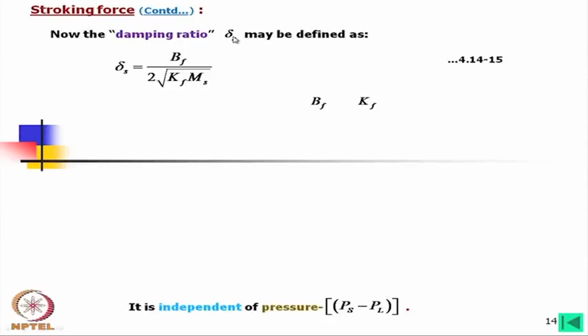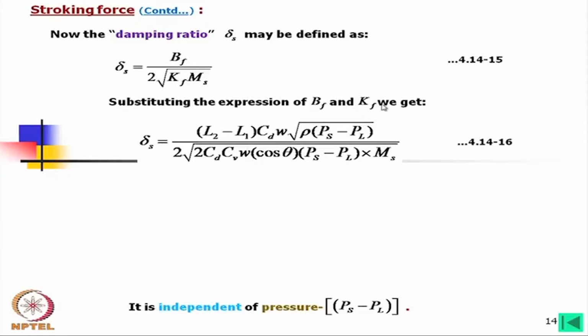Now, the damping ratio delta S may be defined as Pf by Kf Ms. This is also standard, it is called a damping ratio. Now, this damping ratio,